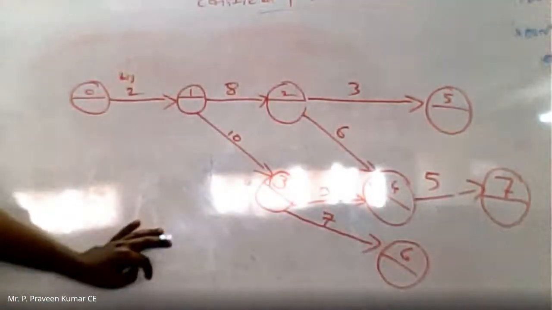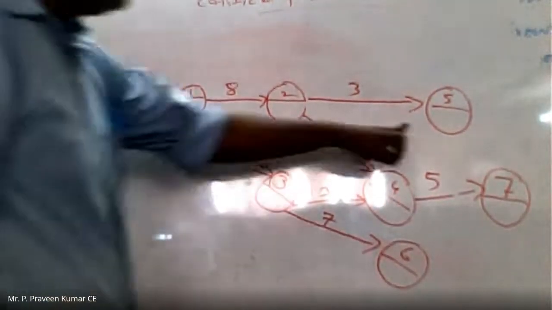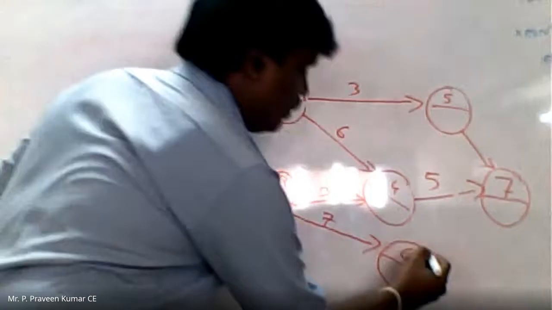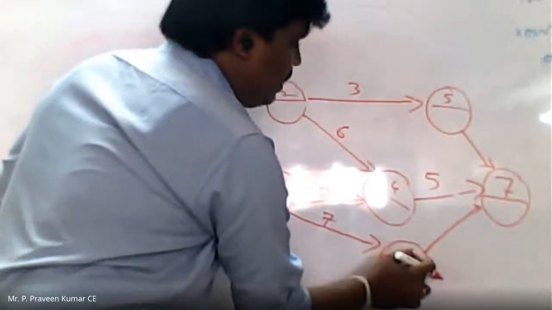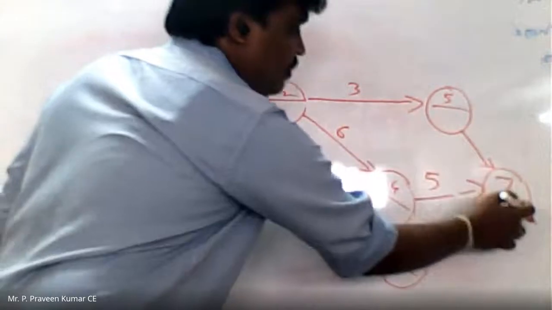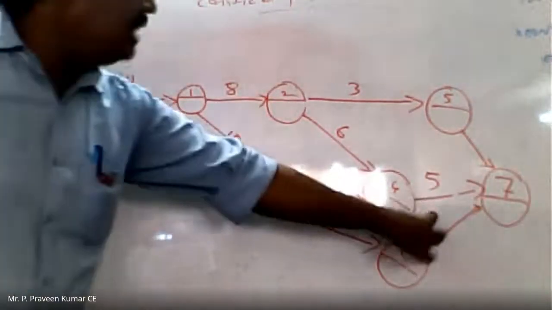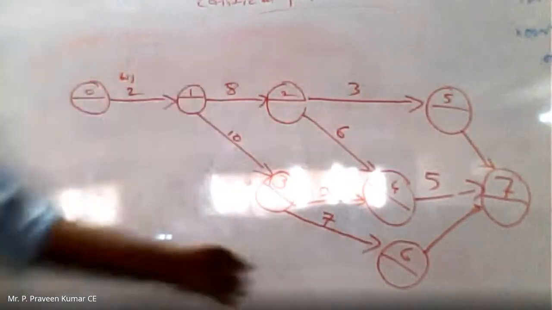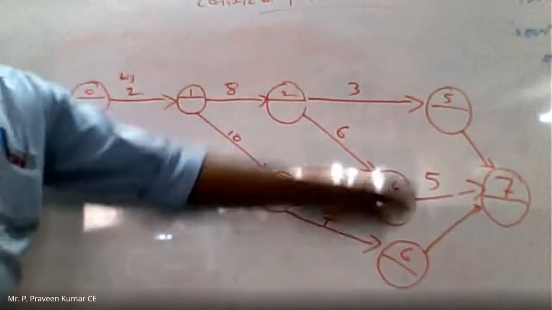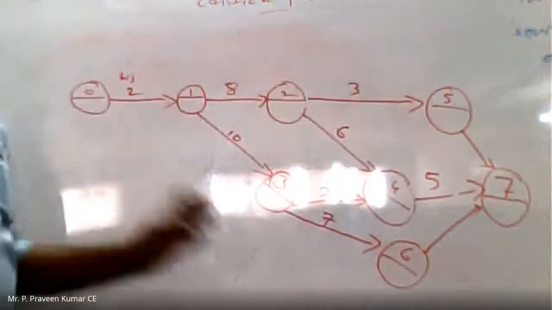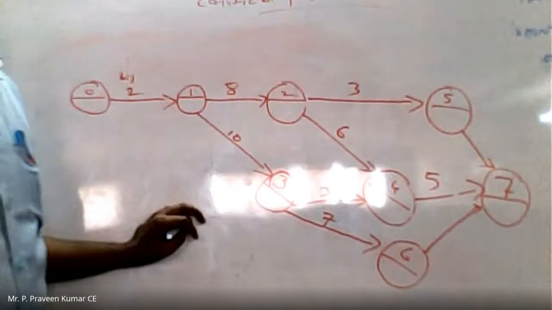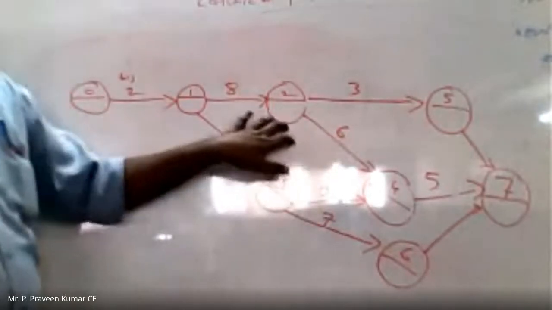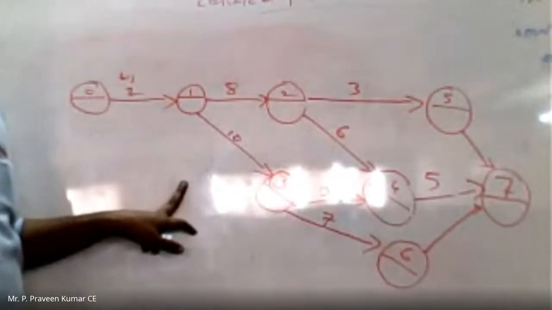Now coming to 5 to 7. I can join this way 5 to 7, and the next one is 6 to 7. These 3 activities, 5, 4 and 6, depend on the 7 activity. So that's why all these 3 are merged to 7. Now the project is completed. So now the network construction is over. Now the network diagram we have formed according to the activities given in the tabular form in the problem. In this way, you need to develop the network diagram by using the activities and the duration.